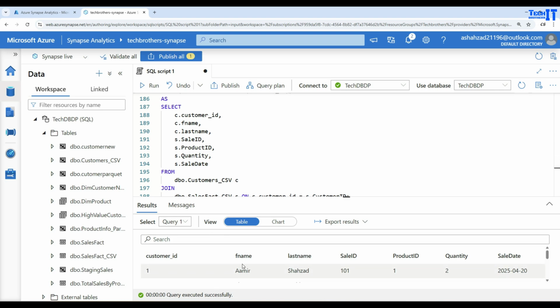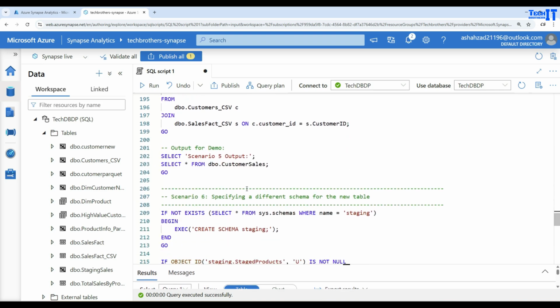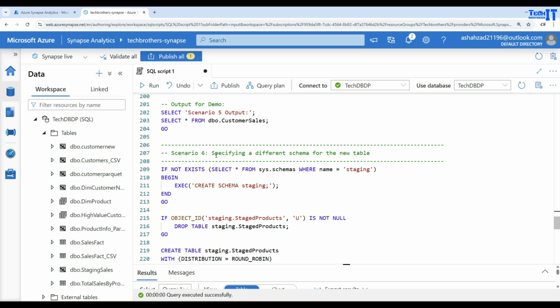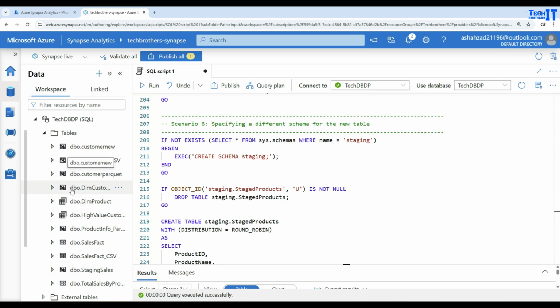So you can see that now this has inserted the data depending upon the joining of two tables, and we have inserted into the table. Now here, specifying a different schema for a new table. So if you see that we are inserting everything in the dbo schema, but sometimes maybe you want to create a